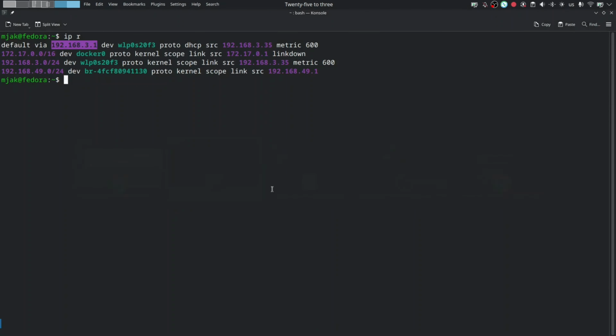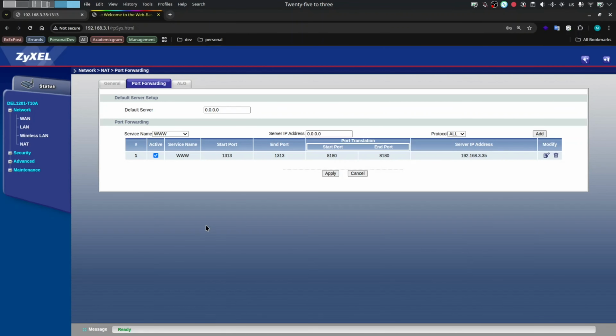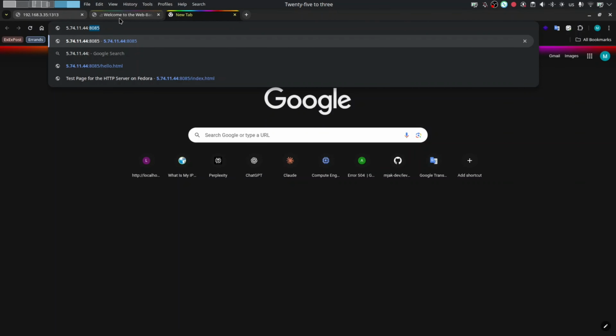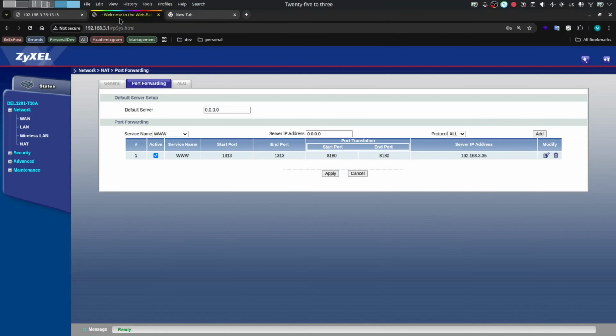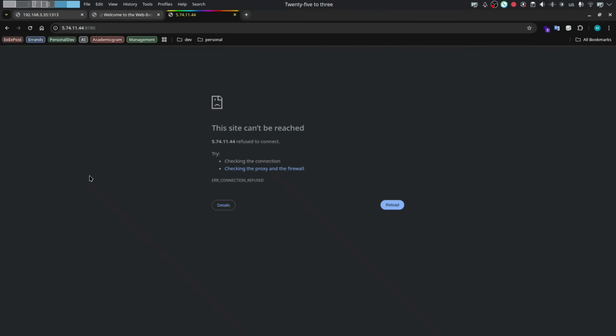The single thing that you need to do is find your public IP address, which can be found by running curl ip.me, and it's my public IP address. So I open up my browser again and enter that IP address, and the port that I need to specify here is the one I specified for my public IP address, 8180. And if I run that, oh,